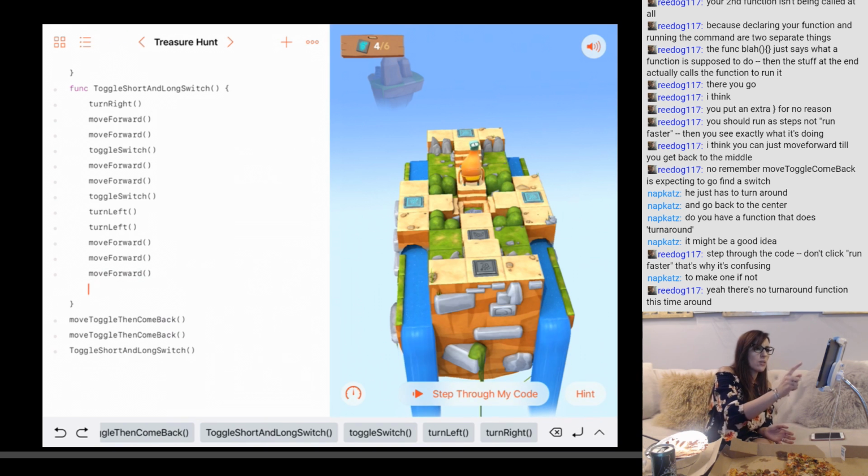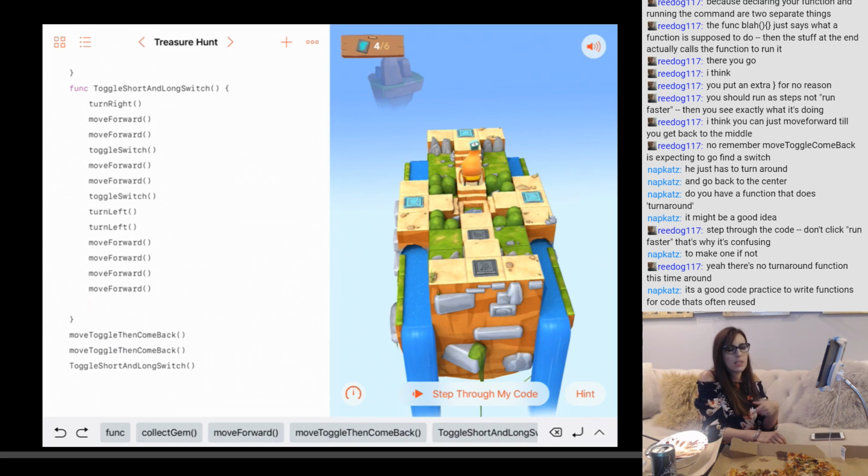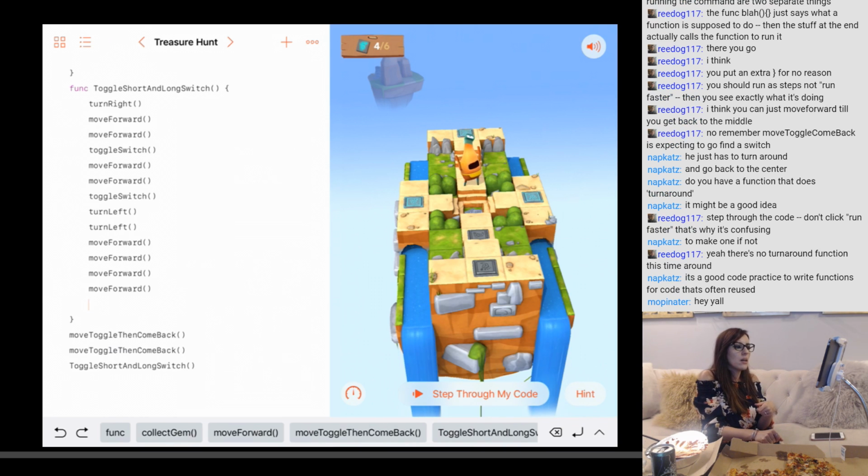Okay, so I needed another move forward. That's what I was not sure about. So now that he has one move forward and he's definitely in the middle, we want him to do the same thing. Right. So how would you create a turnaround